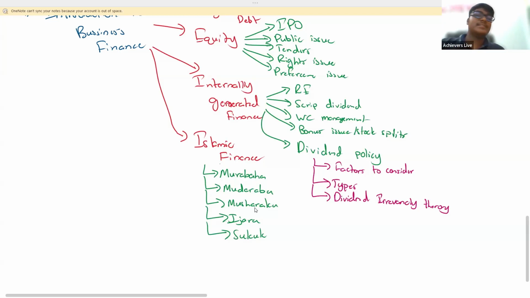Along with that, there is you who is raising the money. So what will you do? You will appoint someone called the Sukuk manager. The Sukuk manager will find people to invest in your project and they will sell the Sukuk bonds to those investors. So those investors will become Sukuk holders. The Sukuk holders will have the right over the cash flows generated by your project. So they will get the returns from the project until their capital is covered. Okay. Ownership is not transferred.